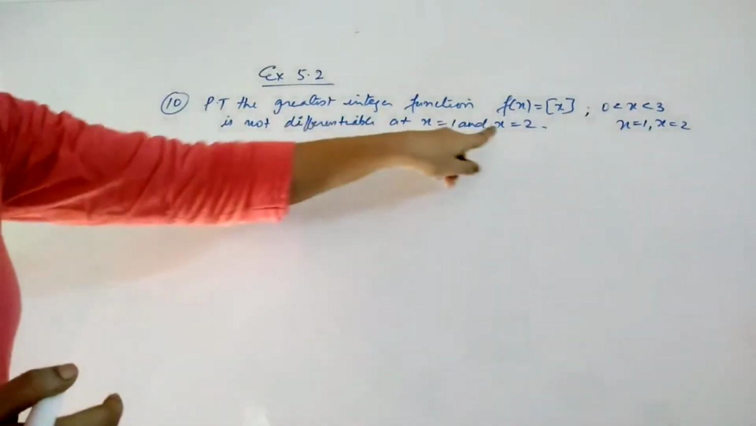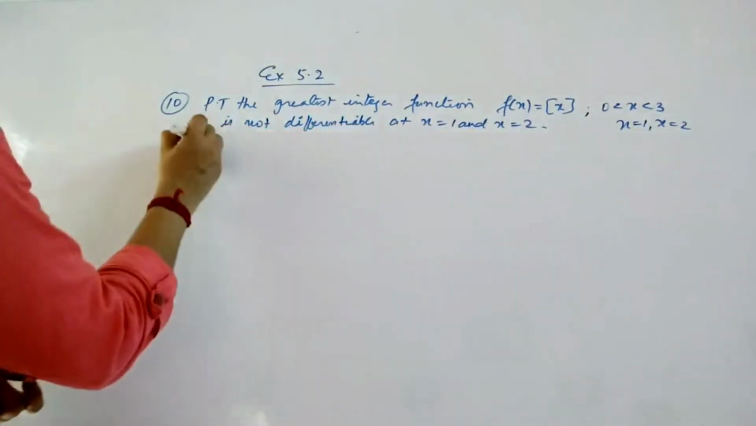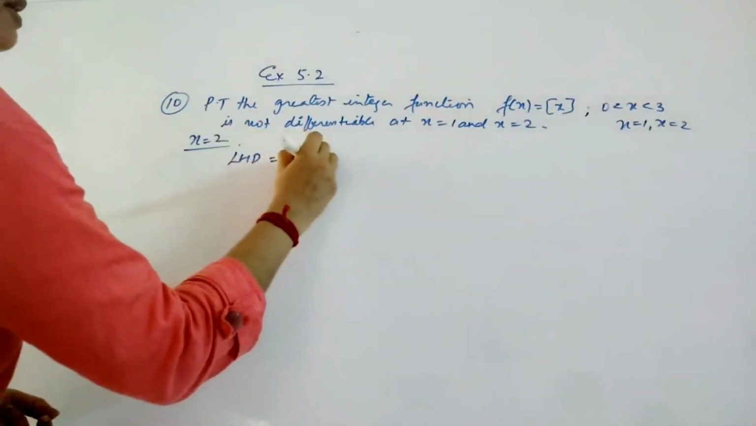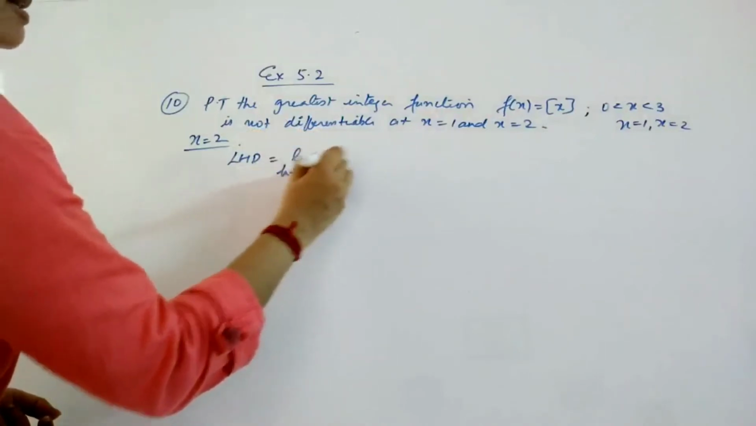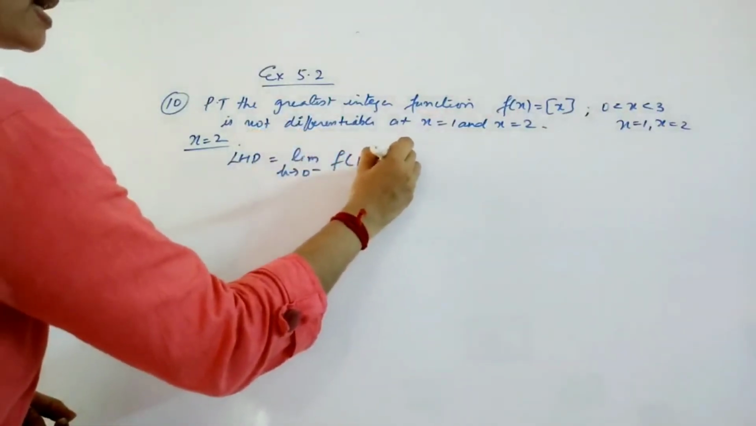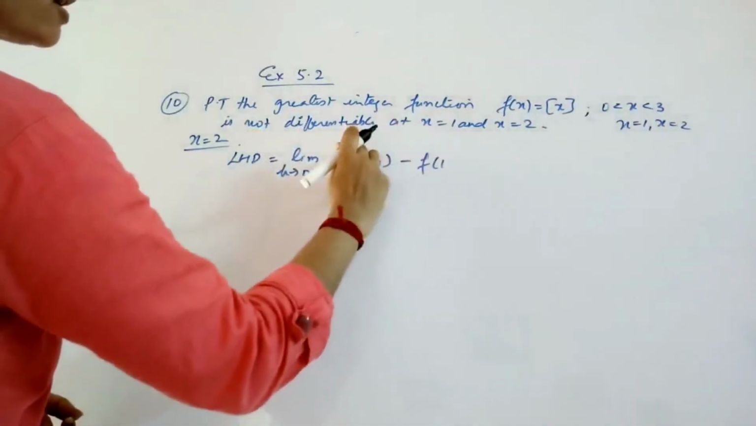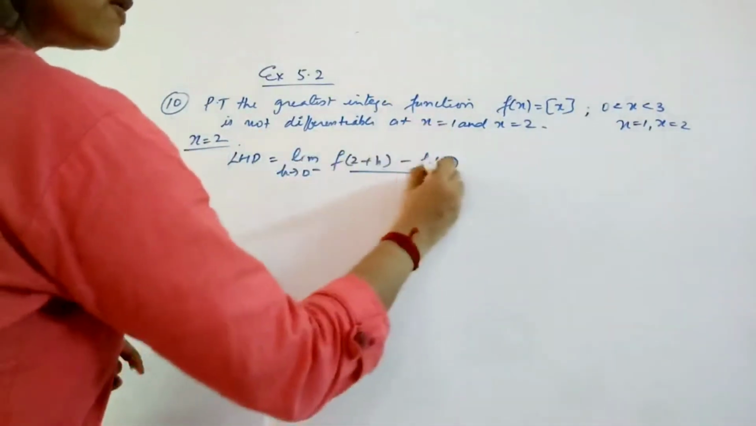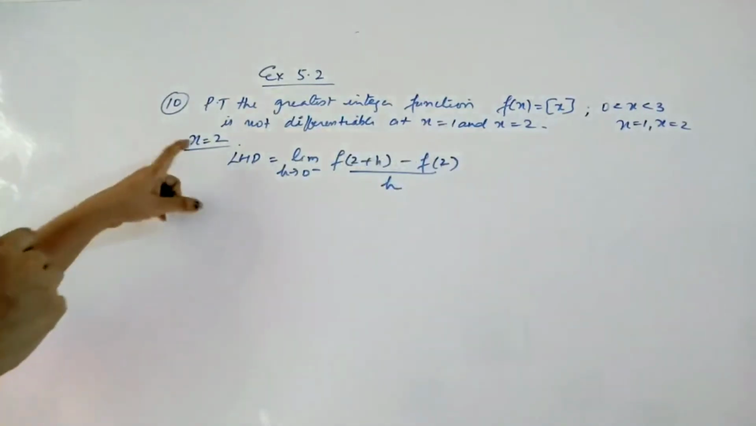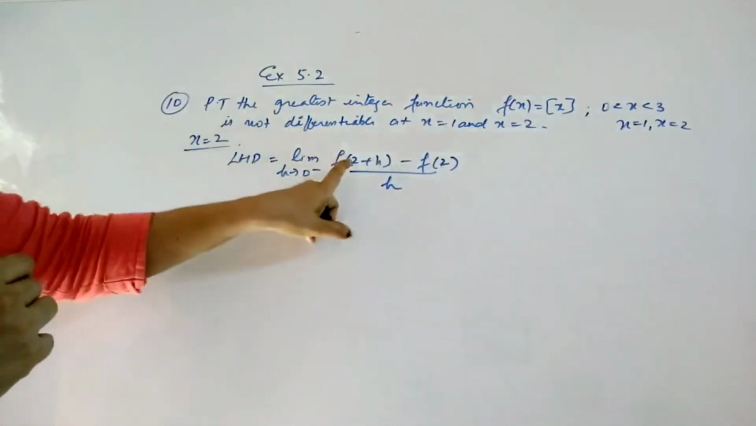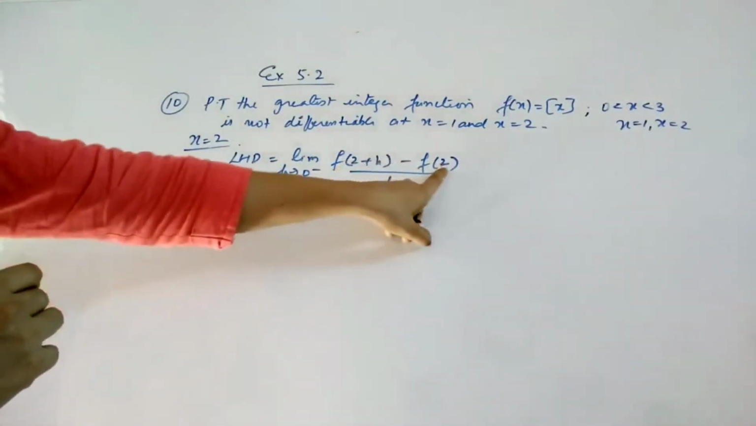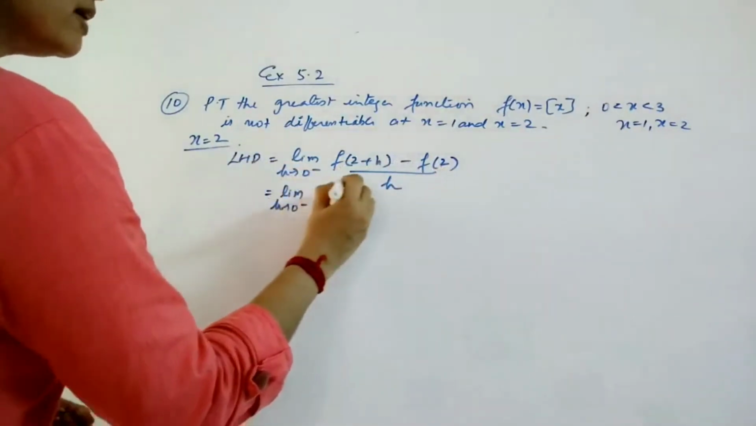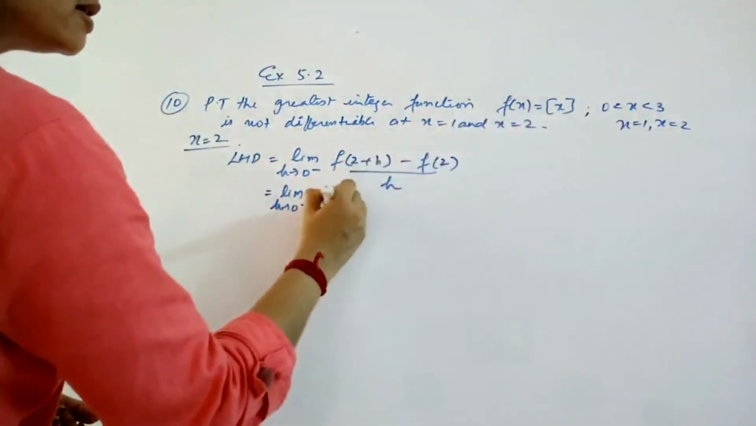Now for the same question, you have to check for x equal to 2 also. For x equal to 2, you have LHD as limit h tends to 0 minus of f of 2 plus h minus f of 2 divided by h, right? Here your c is 2. At the point 2 you are checking, so you have to write 2 here, and this is also f of 2. Now f of 2 plus h will give you greatest integer of 2 plus h